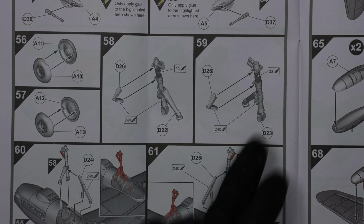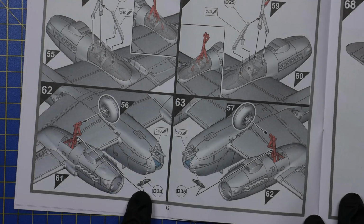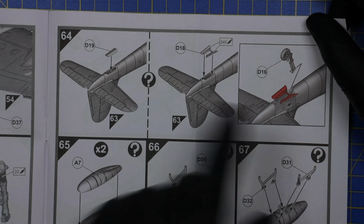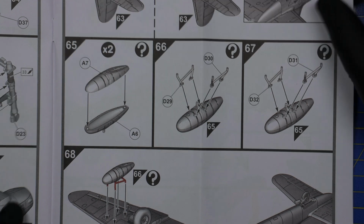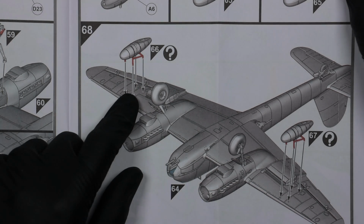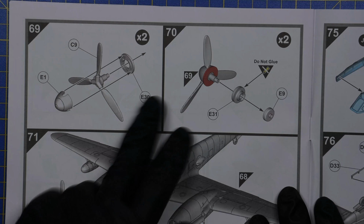and landing gears going in. Yeah, this doesn't really mean anything to me, but it might mean a lot to you. And then you can make the rear landing gear in open or closed position, and here you have the big question marks whether you want to have these extra fuel tanks on the wings or not. And if you want them, then go back to the very first page. You will see that you have to drill the holes. And now we go on to the